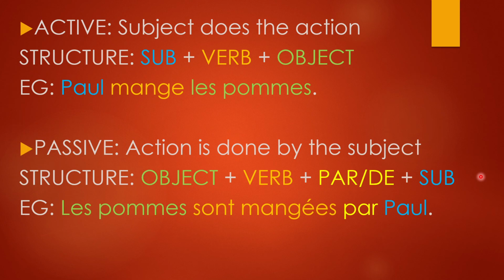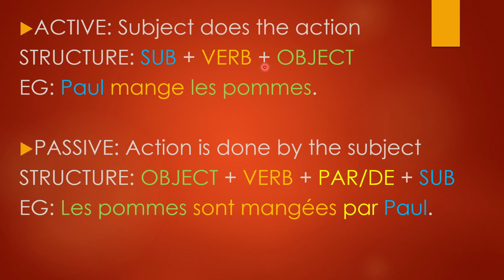Now, what is the fundamental difference between the active and the passive voice? Pretty sure you've already done this when you've done English grammar. You know your simple sentence, your basic sentence divided into 3 parts. You have a verb in the center, and on either side you have the subject and the object. The subject is the thing that does the action. It may be a person, an animal, a noun or a pronoun which does the action. That part of the sentence is called the subject. The verb is the action, and the object is the thing or the person that receives the action, on whom the action has been done.